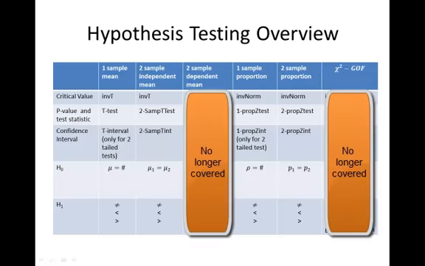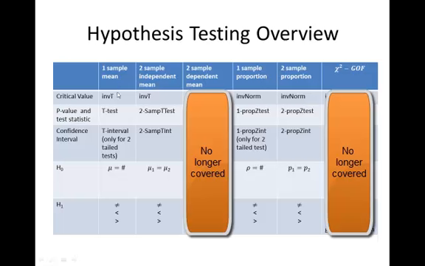So here's our hypothesis testing overview for the three types of hypothesis testing that we have performed. For your critical value for all means, the function that you use in your calculator to find it is inverse t. When you're dealing with proportions, in order to find your critical value, you use inverse norm. And for chi-square,